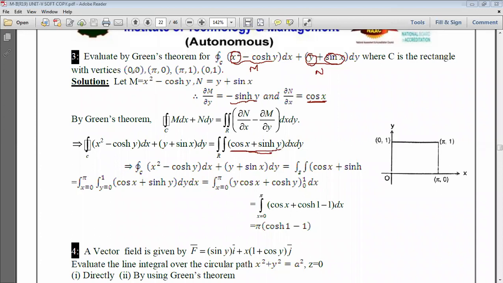And now we need to draw the points (0,0), so that is (0,0). Next, (pi,0) is nothing but this is O, and this is nothing but A, and this is nothing but (pi,1), which is B, and this is nothing but C, (0,1). So in other words, the same problem they may give like